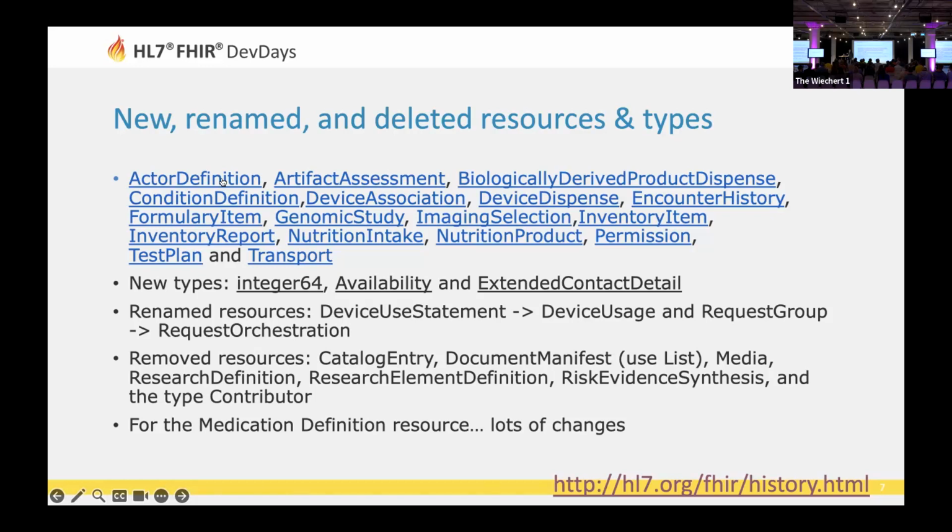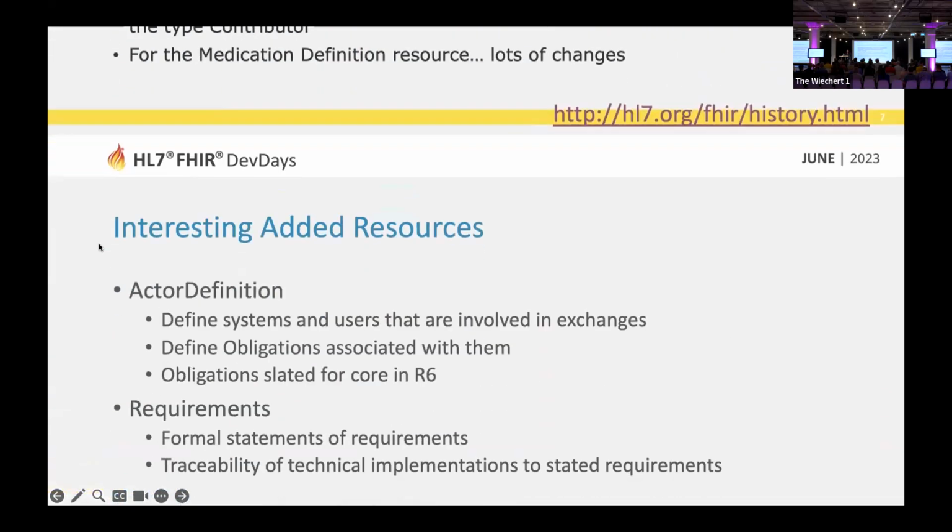And then there's the whole medication definition section, which was still very immature and which we're working up with the regulation agencies, which is EMA, TGA in Australia, and FDA. There were a lot of sweeping changes in that space because it was still very immature. It's starting to get mature in R5. If you're interested in that space, you're going to be interested in R5. So there's actually a lot of changes here, and I want to call out two particular changes of significance.